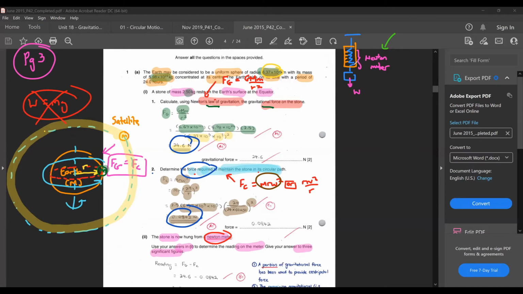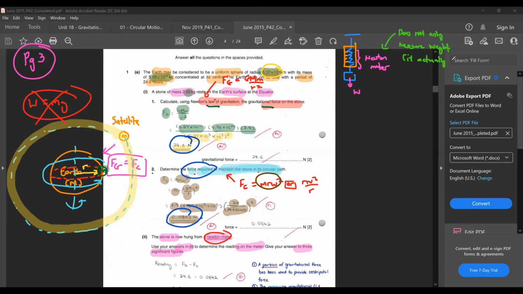But the actual case is this, the Newton meter does not only measure weight,